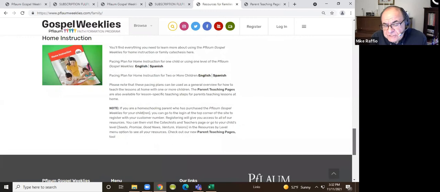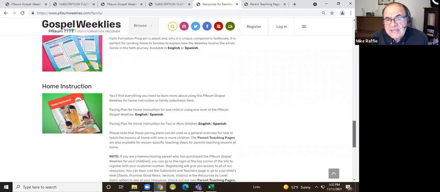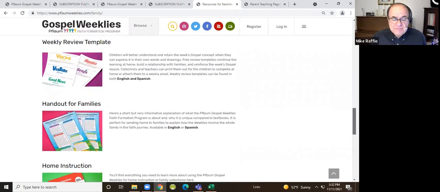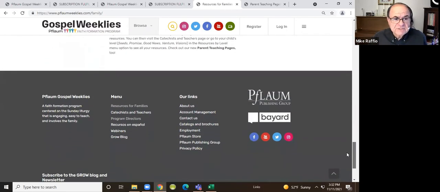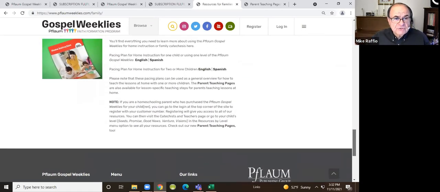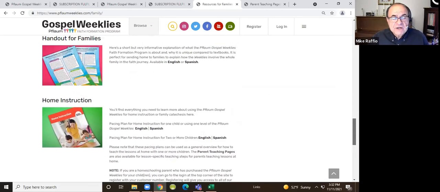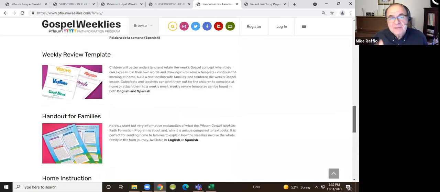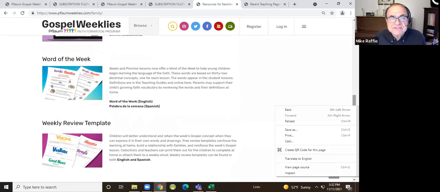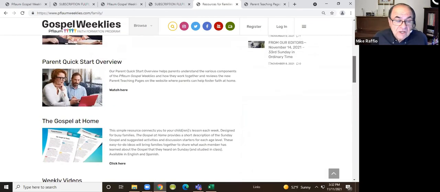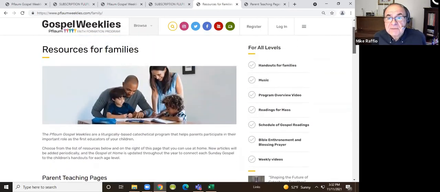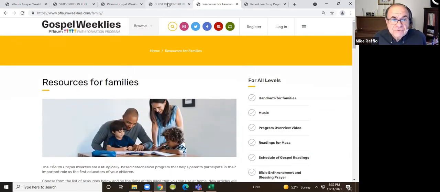So there are a lot of resources here for parents, and we're hoping that if the parents are using the digital edition and they click on either of those two buttons, which will take them here to the website where the parent materials are, that they'll spend a little time, as a lot of people do on websites, exploring and clicking around and seeing what things are available. And they may find some things that they didn't even know were there, or they never took the time to look, but they are there, and they're useful for parents to be able to enrich the program with their child.